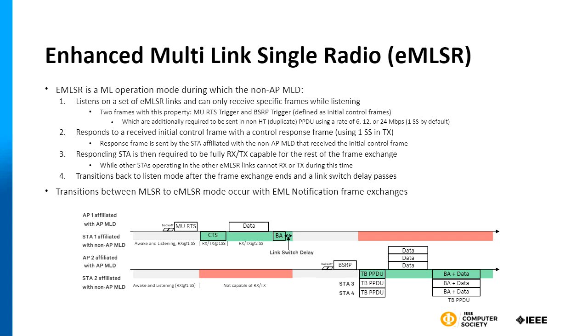And of course, given that the main radio needs to transition from one link to the other, depending on where the initial control frame is subsequently going to be sent, there is a transition delay or link switch delay, if you will, where the AP needs to take into account that the station may need some time to essentially go back into a mode where it can receive another initial control